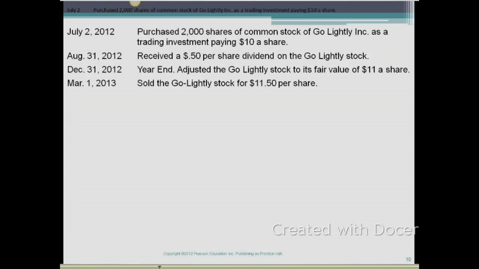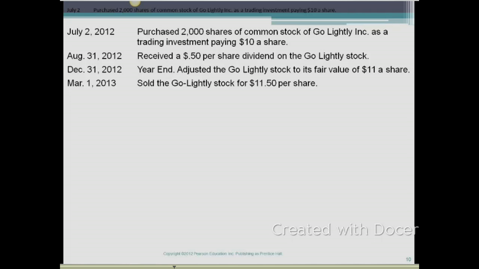On December 31st, 2012, it is our year end, and we adjusted the GoLightly stock to its fair value of $11 a share. Then, March 1st of the following year, which is 2013, we sold the GoLightly stock for $11.50 per share. Let's take a look at how we would record these transactions in our books. On July 2nd, on the date of purchase,